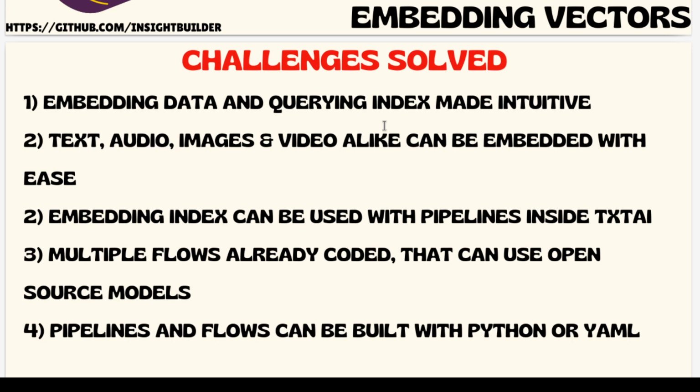Coming to the embedding index itself, by default, the index format that is followed by TxtAI is FAISS, and you will see that it is a very simple way of creating indexes using FAISS, and we can read it also. This index can be connected with the pipelines as well as with the workflows without much of a hassle. Multiple pipelines and flows are already coded inside TxtAI itself, and their source model are also by default